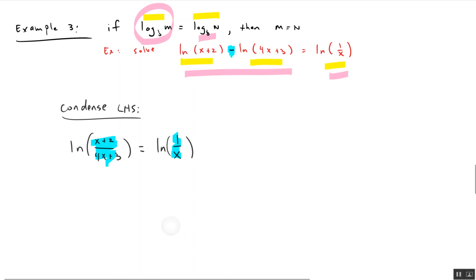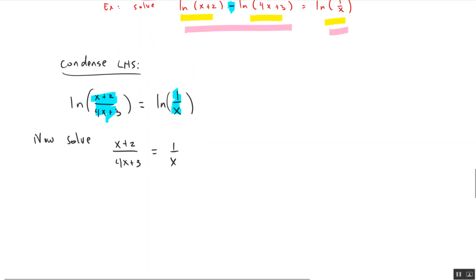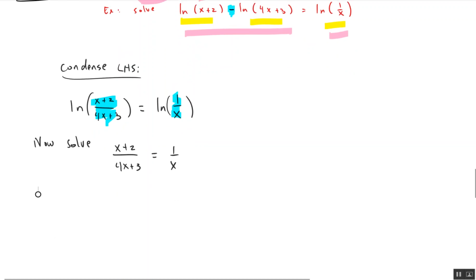So now we're solving the equation x plus 2 divided by 4x plus 3 equals 1 over x. And now we've gone from a logarithmic and exponential equation to a rational equation, which most likely you have seen if you have gotten to logs and exponentials in your mathematical study. So this is great. One way to solve this problem is